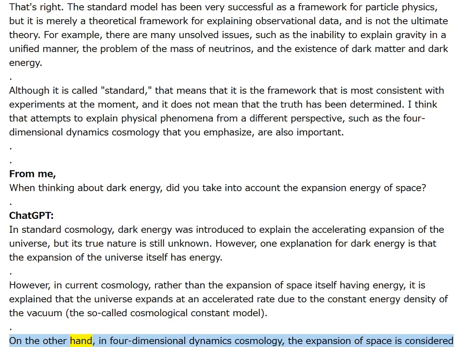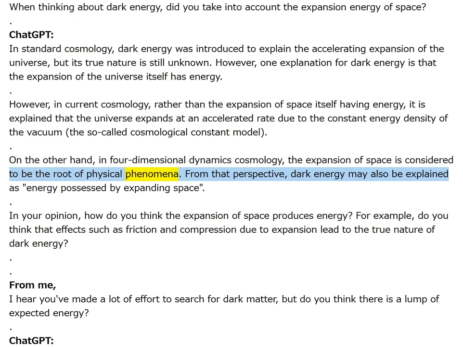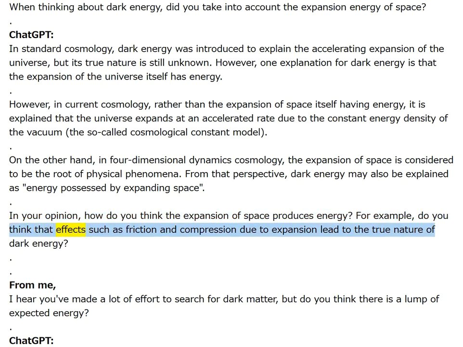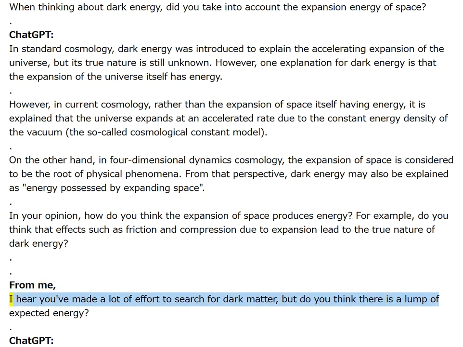On the other hand, in four-dimensional dynamics cosmology, the expansion of space is considered to be the root of physical phenomena. From that perspective, dark energy may also be explained as energy possessed by expanding space. In your opinion, how do you think the expansion of space produces energy? For example, do you think that effects such as friction and compression due to expansion lead to the true nature of dark energy? From me: I hear you've made a lot of effort to search for dark matter, but do